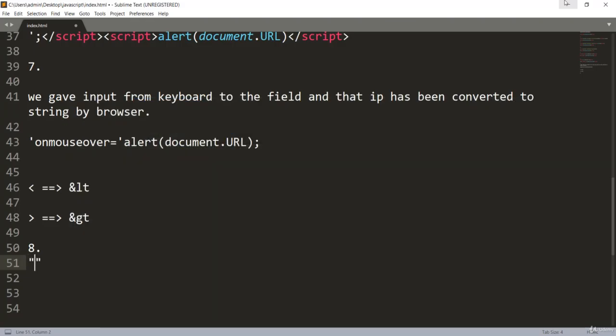I'll make use of the onmouseover event. You can also use onmouseout, and now we can give an alert message saying document.url.